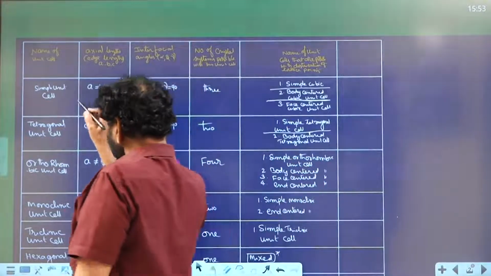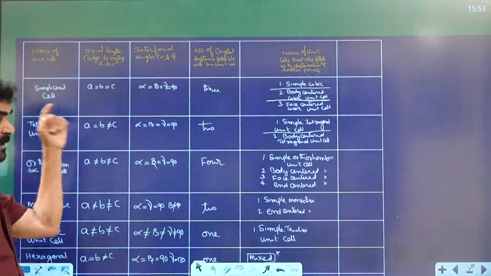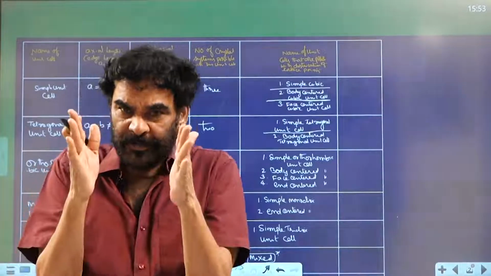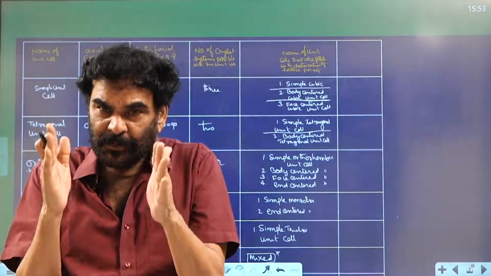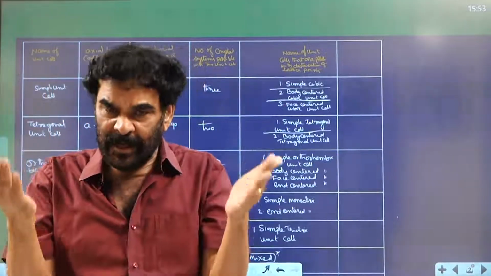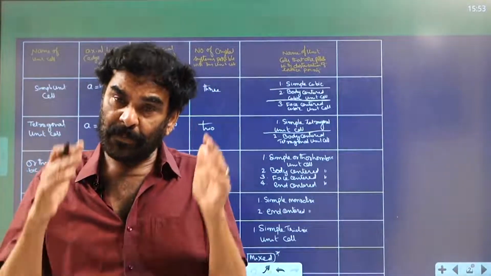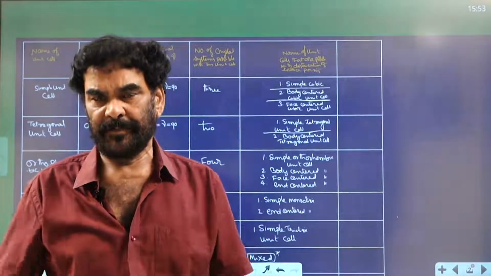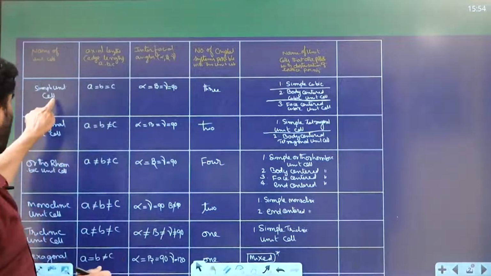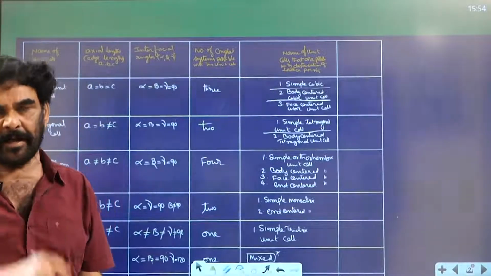So, in this unit cell again, based on the filling of the lattice points. I told you, in the given unit cell, lattice points can be at the corners, they can be at the corners plus the body center, they can be at the corners plus the face centers. So only in the simple unit cell, the lattice points can be only at the corners.